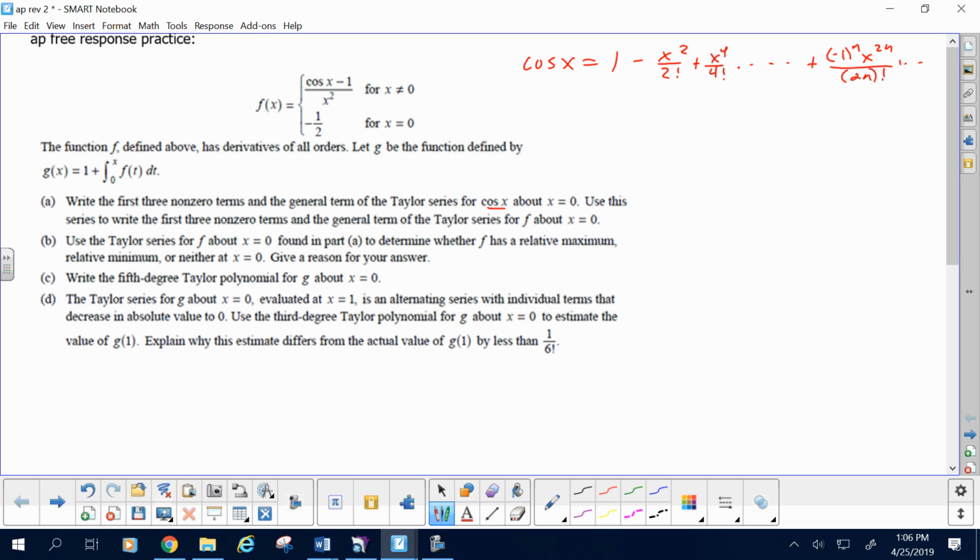All right, now, it depends on you how you build from there, but wouldn't you agree that I need to build all this other stuff? I did it in 2 steps. You could do it in 1. I subtracted 1. Now, when I subtract 1 from the left, I subtract 1 from the right. When I subtract 1 from the right, that goes away. And it's negative x squared over 2 factorial plus x to the 4th over 4 factorial. But now I guess I'll need to put another term because I just lost 1 to have 3. That does not in any way change